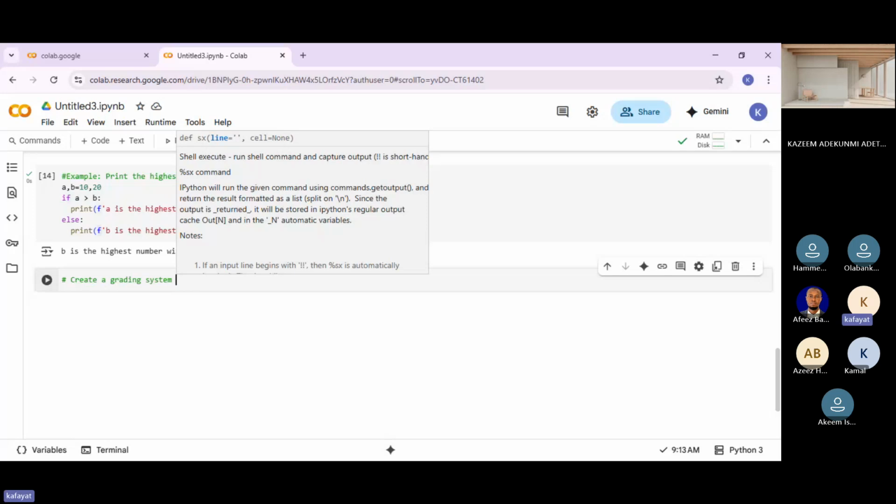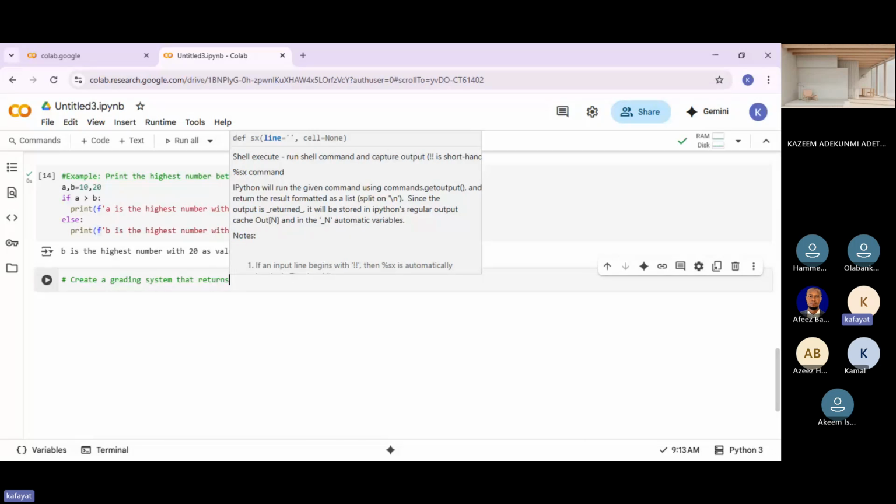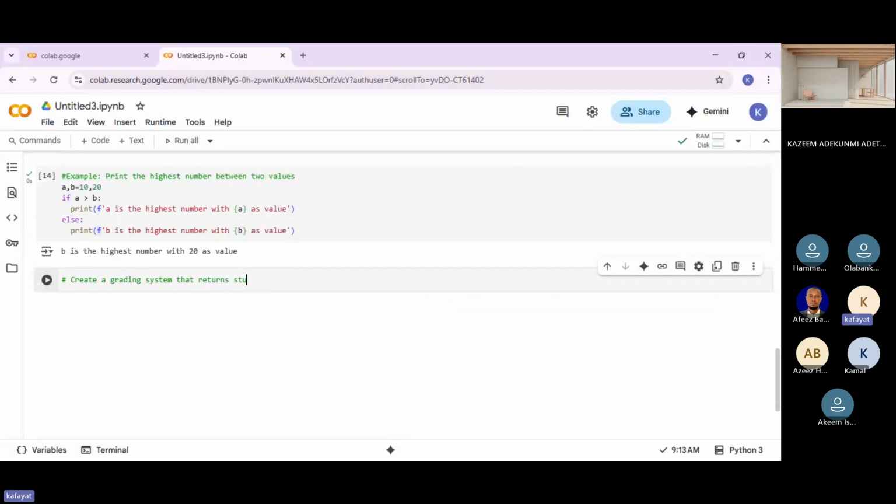Create a grading system that returns the student's remark, e.g. A or B, C, D, or F. Can we do this?